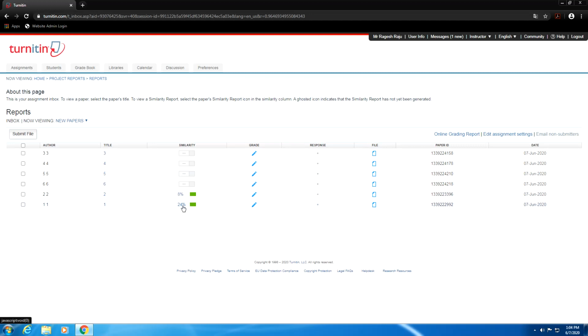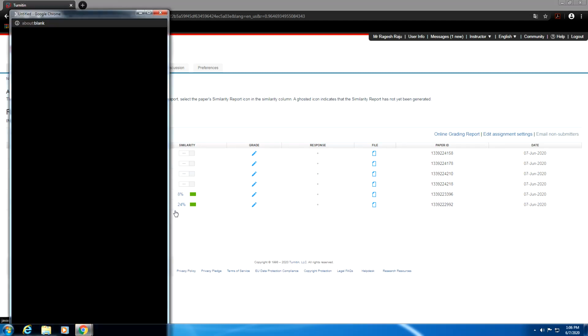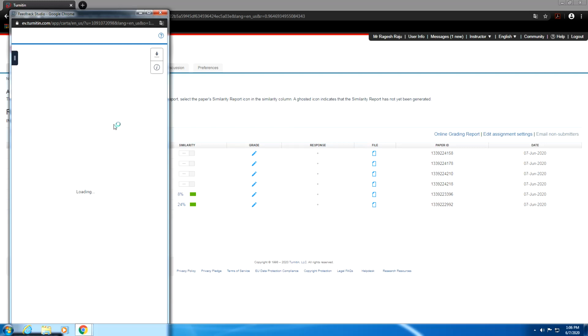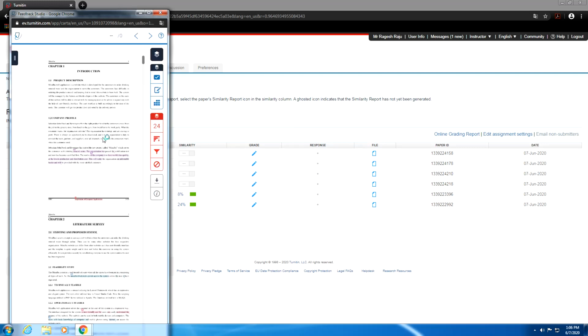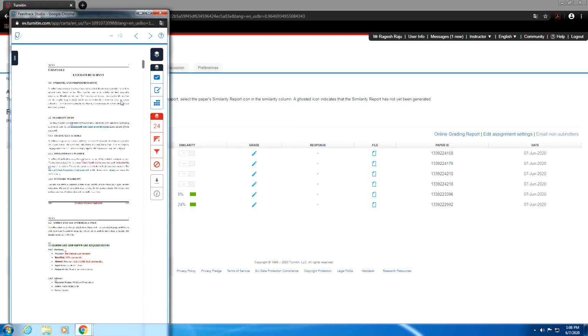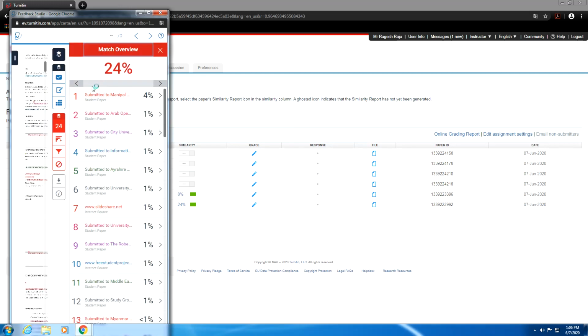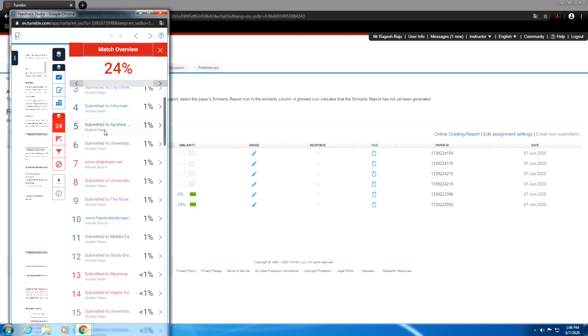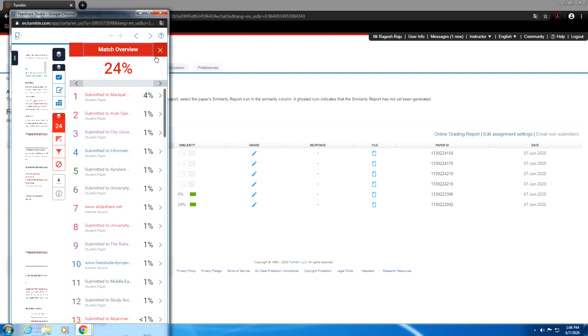So for the first person it is coming 24%. So to see the document where plagiarism is being done, what I can do is click on this percentage here. I click on this 24%, click on the percentage values, and you will get a new window opened here. So you can see it will highlight from which particular sources it has been done, and you can see the same value. So here it was 24, so here also there is the same 24 value. Match overview is there. So when I click on that, here itself it shows from which particular website the percentage of copying or the plagiarism has been done.